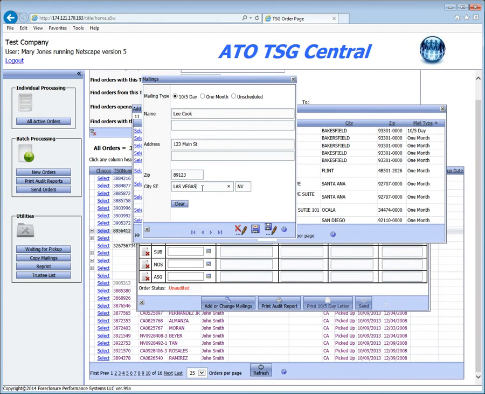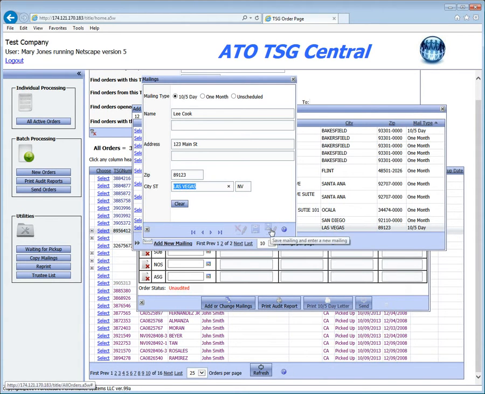Now notice down here on the bottom there are 3 buttons that have lit up. The buttons that have lit up are cancel all these changes, this is save all these changes, and this one is save and enter another one. So let's go ahead and do save and enter another one. And notice when I do that, the buttons go gray, but you know what? I'm going to have to continue this one on the next video because we're almost out of time. So look for